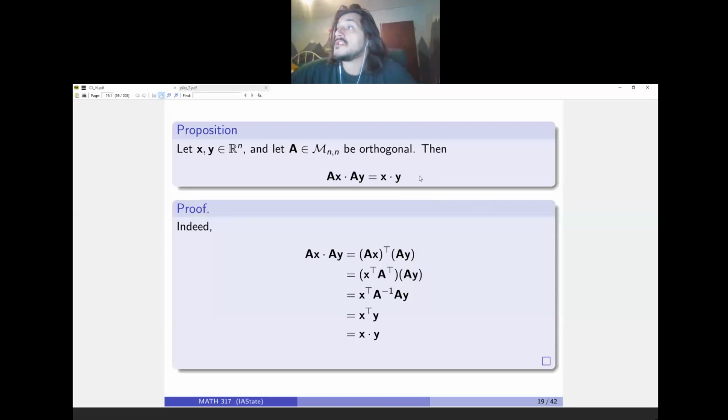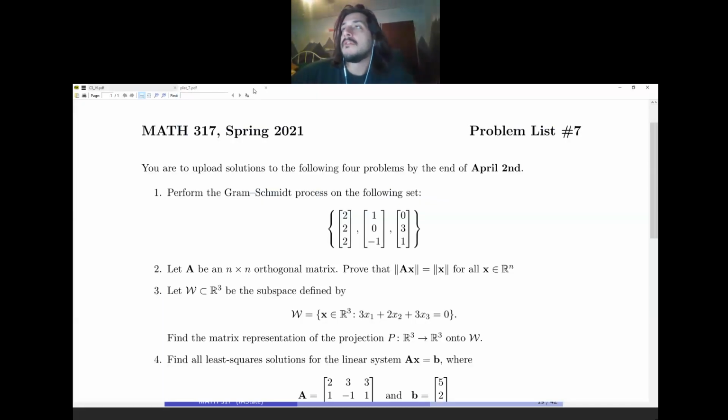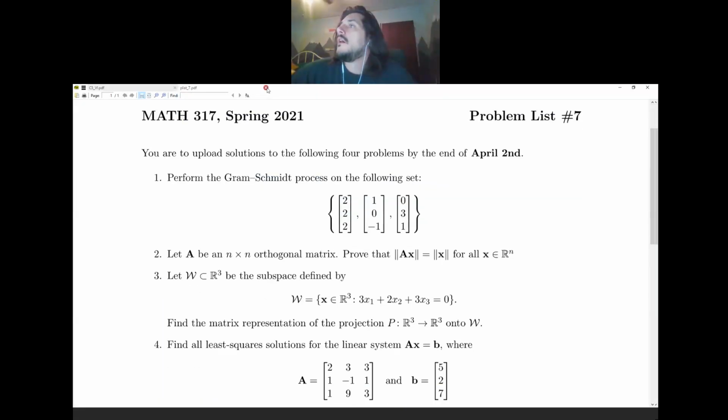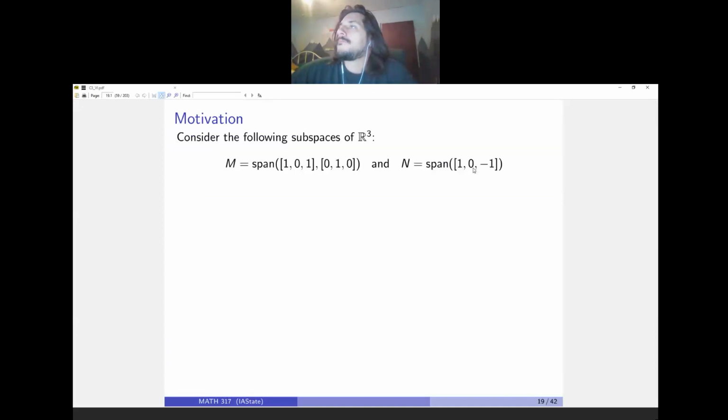So I can use this for problem number 2. And like I said, there's kind of a clean way of doing it, but be a little careful. There's a trap you can fall into. All right. Now, with all of that said, now that we've been able to attach this idea of orthonormal elements of Rn to matrices,